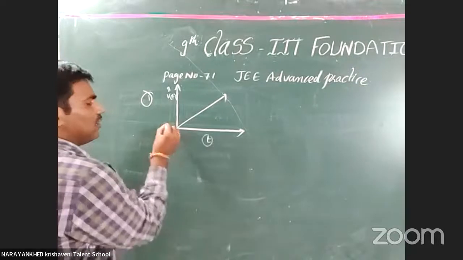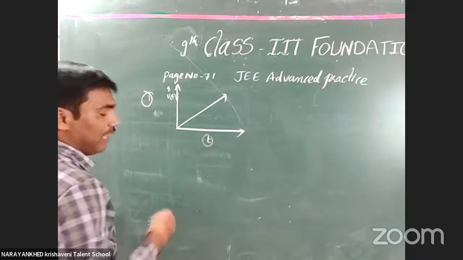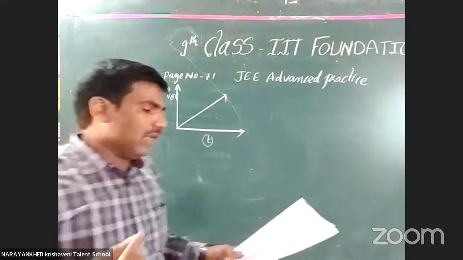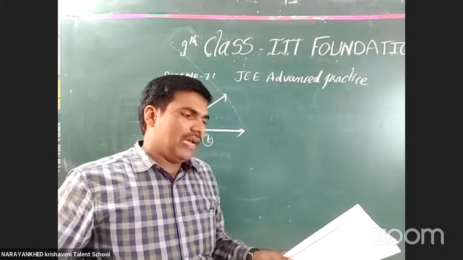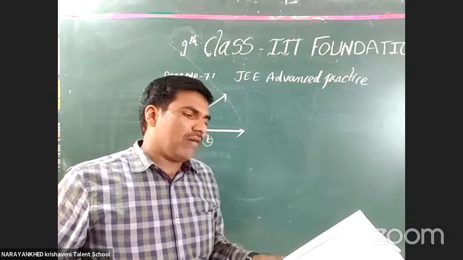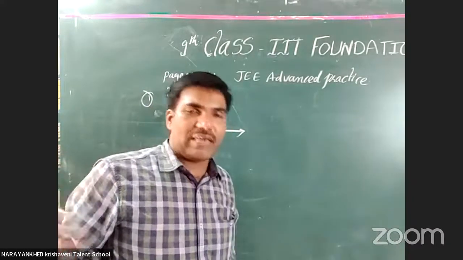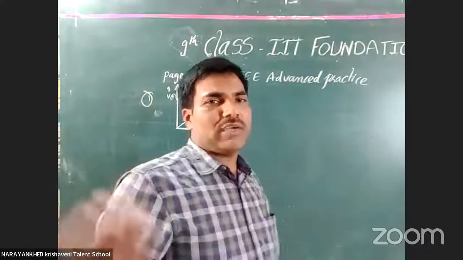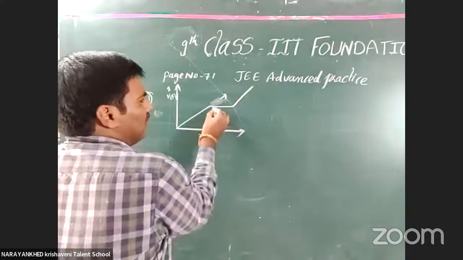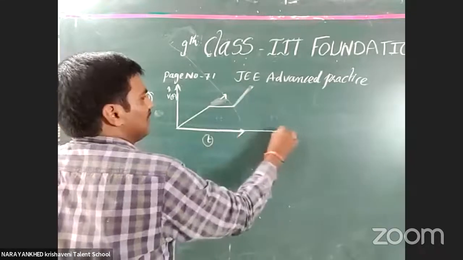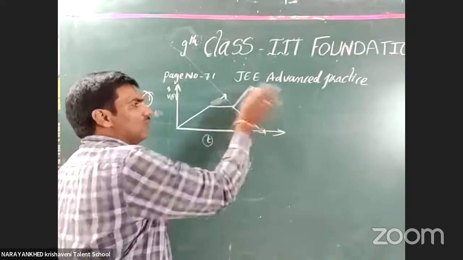The second concept is the reason. The assertion is correct, and next, what reason is given? If the velocity time graph is a straight line moving away from the time axis and its slope is negative. Somewhere it will be negative. Suppose I take the graph like this, a straight line that goes away from the